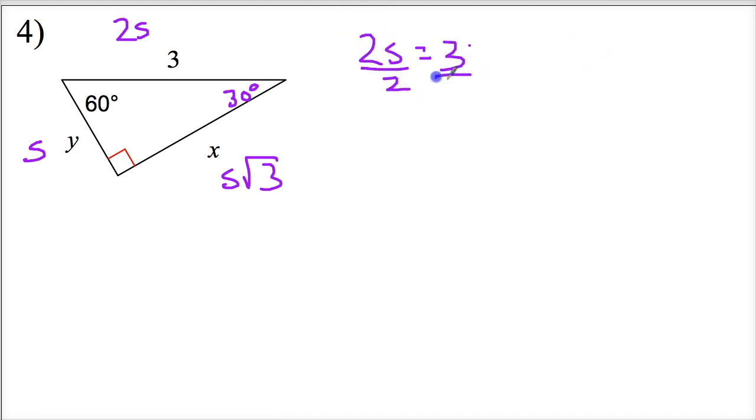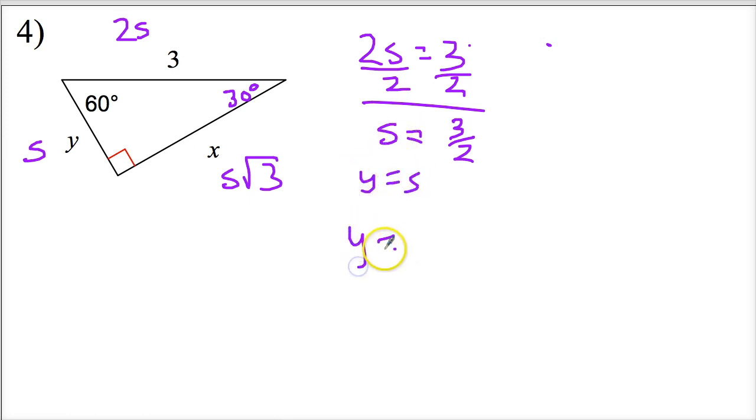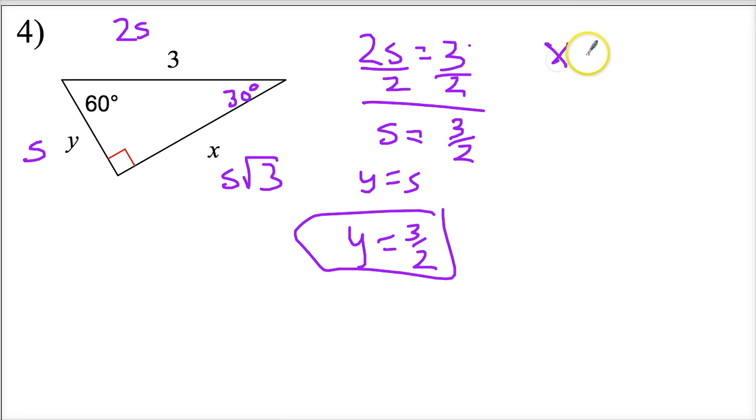So divide by 2, s is equal to either 3 over 2 or 1.5, whatever you want to do. I'm going to leave it as 3 over 2. Now, my x value, and so, by the way, y is equal to s, so y is equal to 3 over 2. On the other side of it, x is equal to s times the square root of 3. X is equal to, in this case anyway,